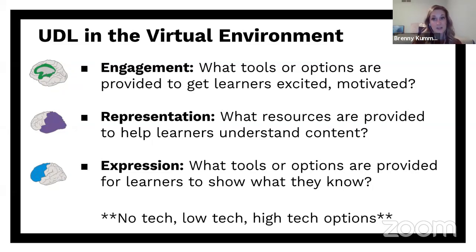We have learner variability that we need to address, so we need to have options for that, but we also have internet variability. If all of your lesson resources are video, that's a lot of bandwidth, and you are leaving students out by making that the only option. The same thing goes for expression: what are the different ways that students can show what they've learned? I'm going to go through a couple of examples that I grabbed from teachers' lessons this week and last week, with their permission, of course. They're ways that we're using UDL to solve some of these problems and make our virtual learning environment an inclusive space the best that we can. Next slide, please.